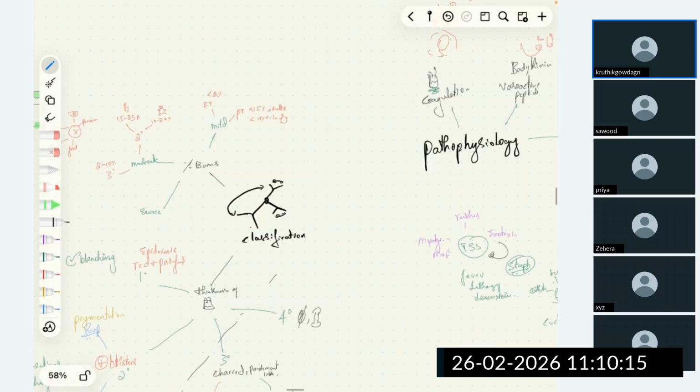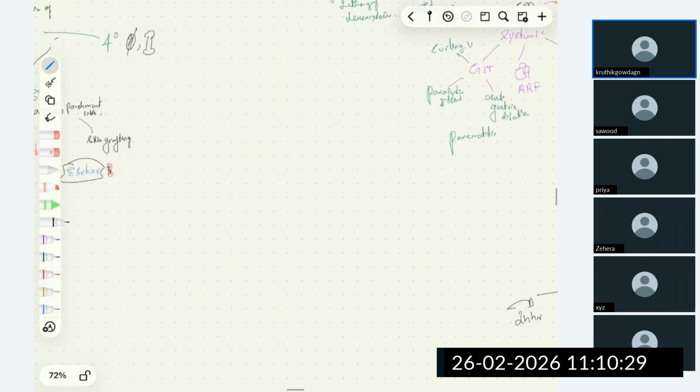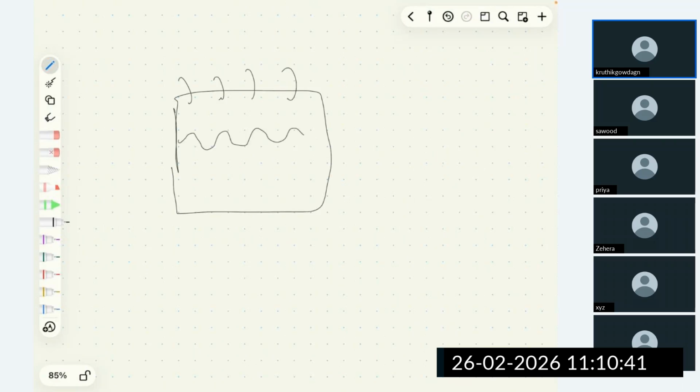Classification of burns is very interesting, and it's very important for exams. First, we will see classification of burns based on the thickness of skin layer injured. Before that, let's briefly review the anatomy of skin, the layers of skin. We have the epidermis,